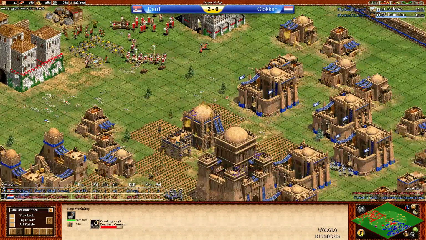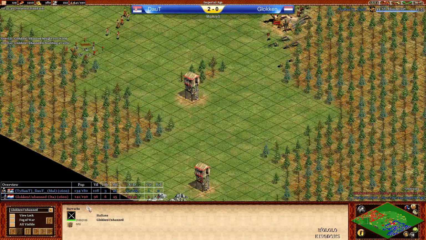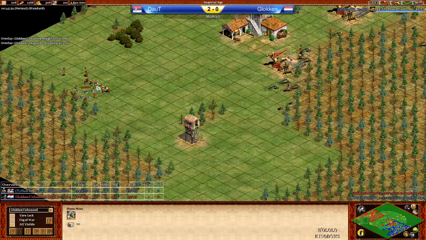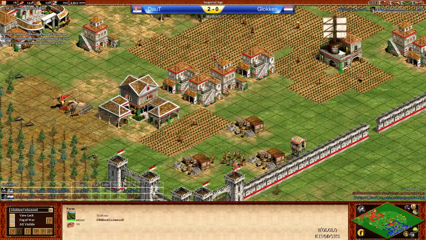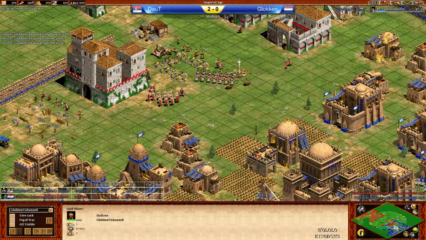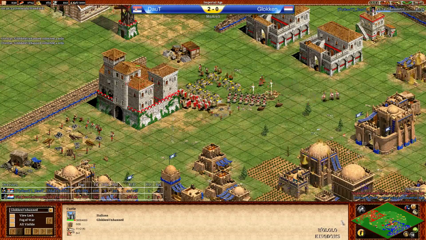Now the first bombard cannon is coming up, and Glocken's resources are looking pretty good here. A decent economy. He's found that extra stone, very good for him. And is he still on 1 TC? No, there's a second TC and a third actually. So he switched from the 1 TC push after going to Imperial Age, and now he's got more trebuchets and